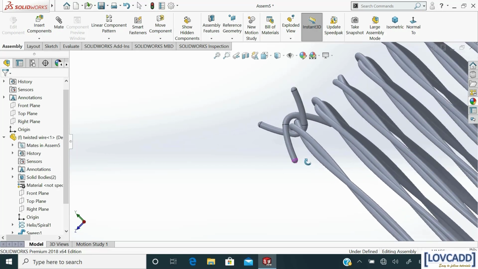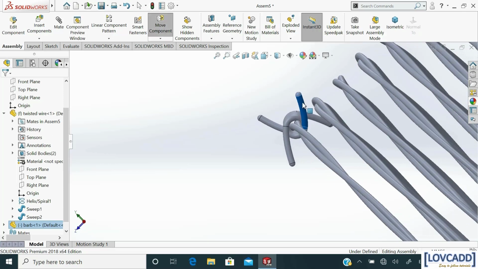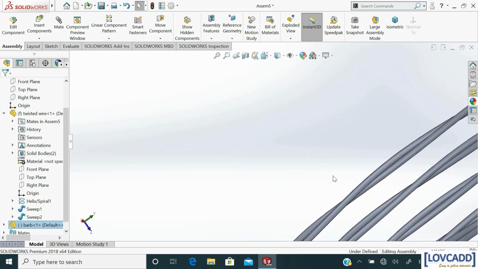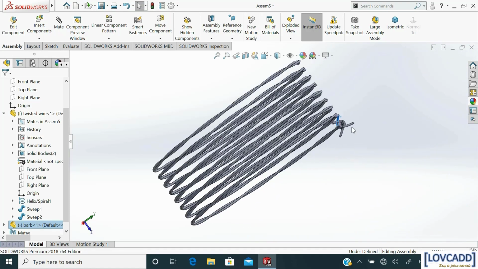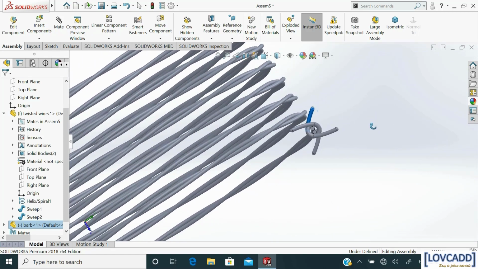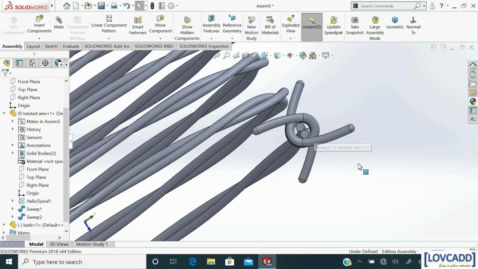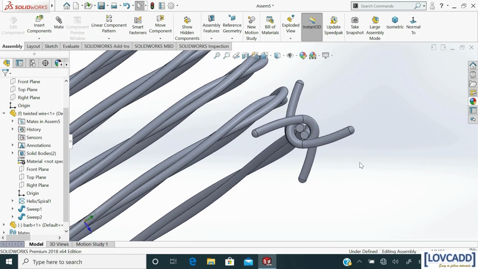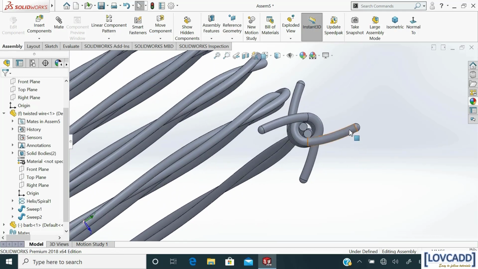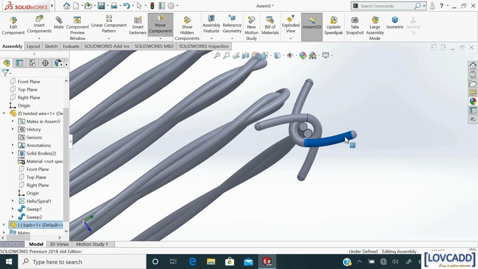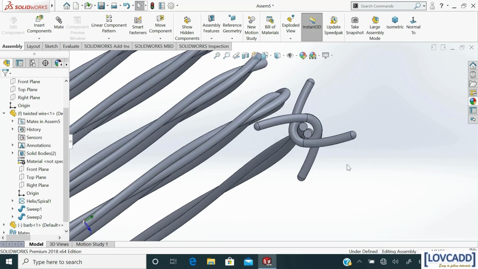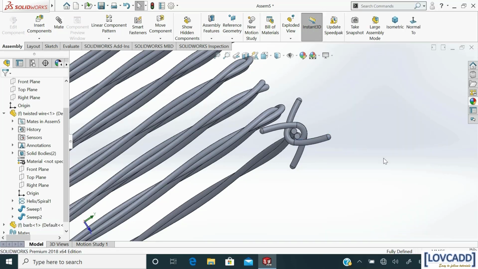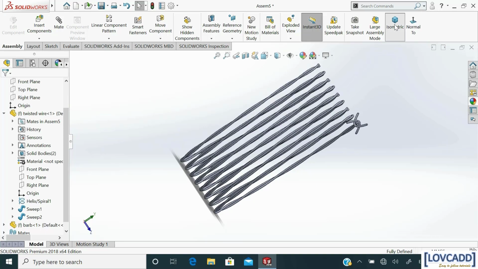Select these 3 options to disable and adjust the barb tangent to the twisted wire. Now it looks fine. Now fix the barb. Select the barb and click on fix.